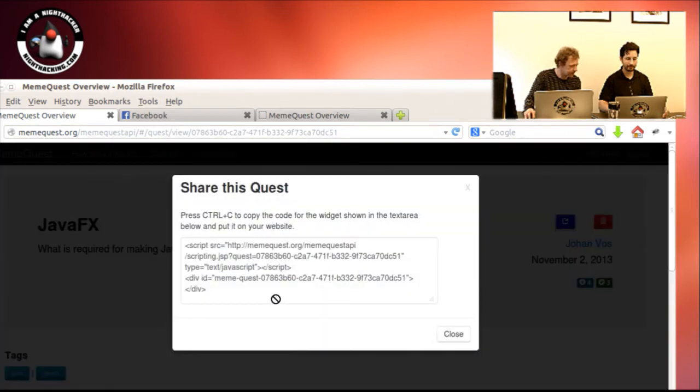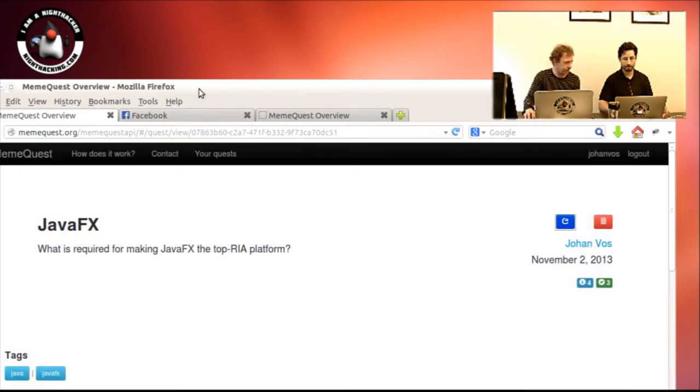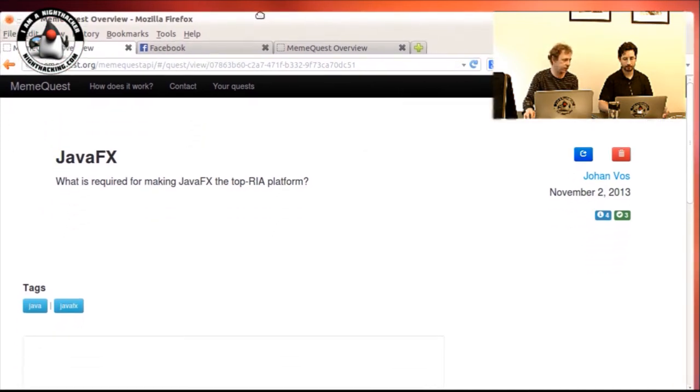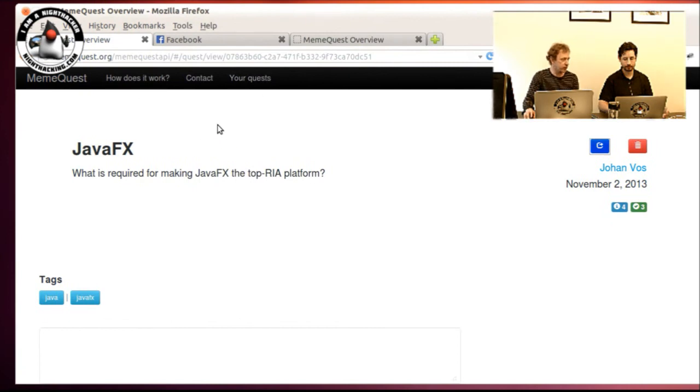click on this, and then you will get a code snippet. If you put this in your website, you will show the top memes on your website. It's sort of like a Twitter badge. So you can incorporate your quest and the memes in your own website. You can have them on Facebook, on Twitter, or you can go to the meme quest funny website. Yeah, you know, that'd be a lot cooler if it was a real application. An application would make sense indeed, apart from a website.